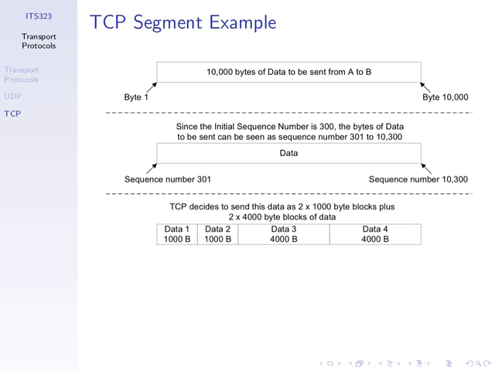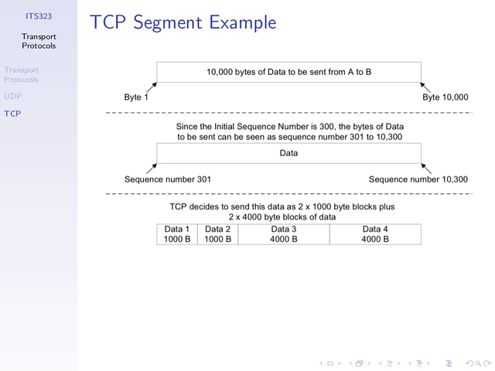A has 10,000 bytes of data to send to B. The application at A wants to send 10,000 bytes of data to an application at B using TCP. TCP uses sequence numbers to count bytes. And the way that it works is that if we look at that 10,000 bytes of data that the application wants to send, the application delivers that 10,000 bytes to TCP at the sender side, and we can